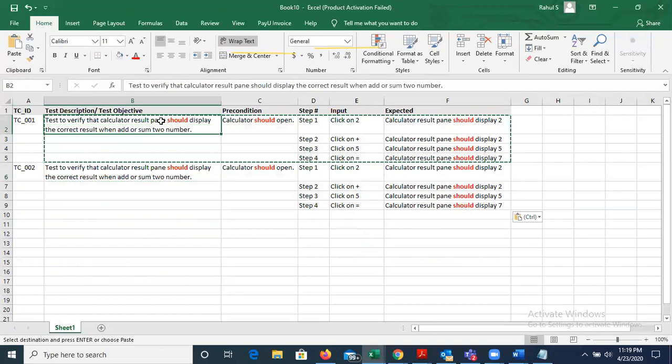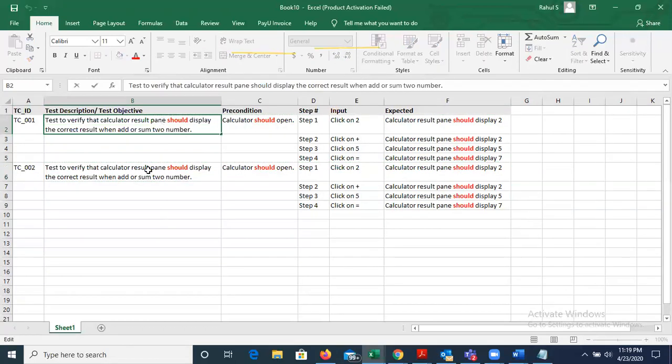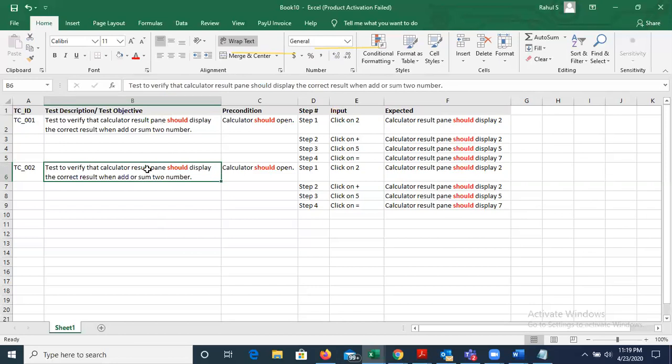In that scenario, this one and this one will be the same, which is again incorrect. It means repetition of the same test case. So what you have to do is carefully change some part of the description or test objective. I am doing the same thing, I am tweaking something.